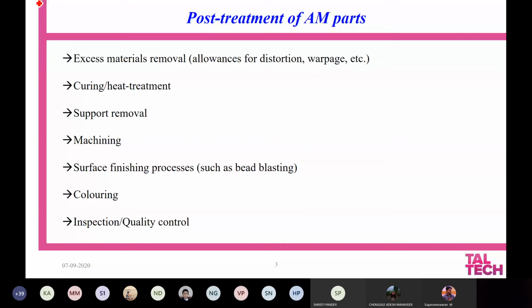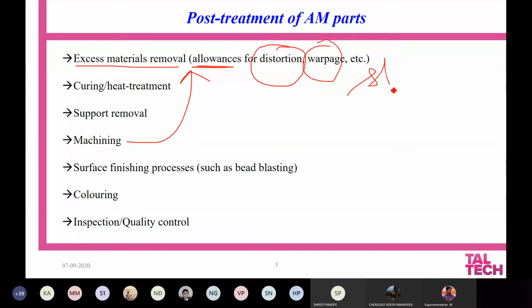So we can define further the different post-processing steps. First, excess material removal. As we saw, this can be done by machining. Excess material removal is necessary because of various allowances that are introduced in the material, be it distortion, warpage, or shrinkage. These elements are given based on the physical properties of the material, and there are other elements that have to be given, like hardware-based elements,